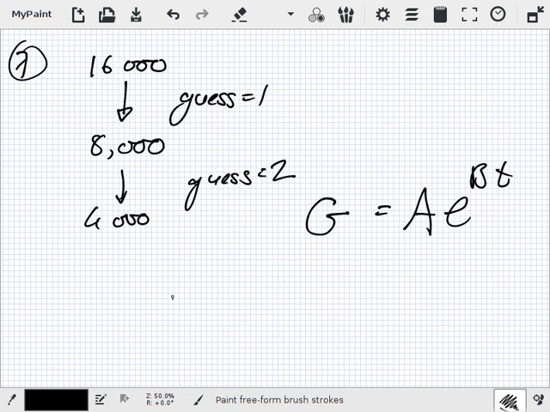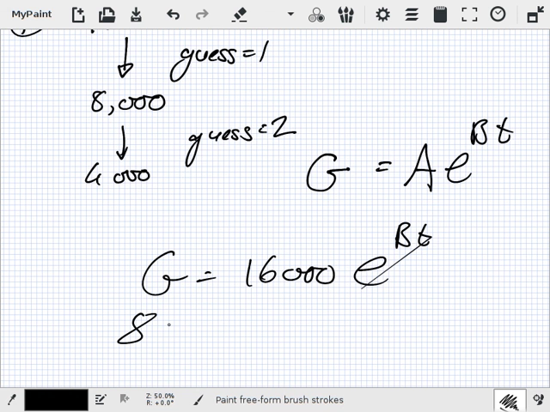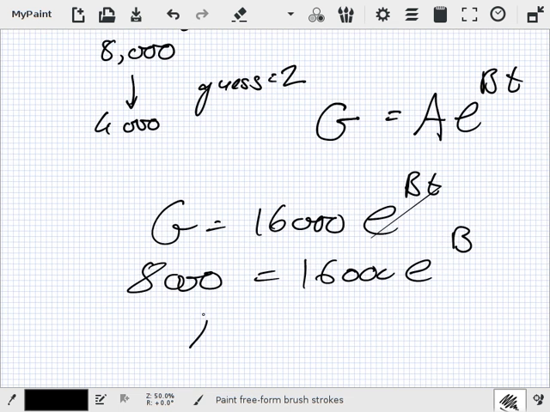So you have G equals 16,000 e^(Bt). Now, when you make one guess, you have 8,000. So you have 8,000 equals 16,000 e^B. So it's going to be log 0.5 will equal B, which is